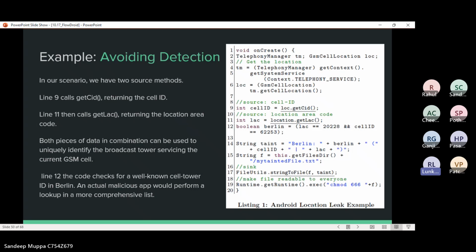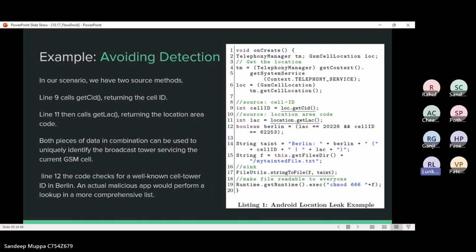The developers used many techniques which actually avoided detection. So if you see the image on the right side, it's the source code the developers actually wrote. If you see line 9, it's actually returning the cell ID, and line 11, right next to it, is returning the location area code.